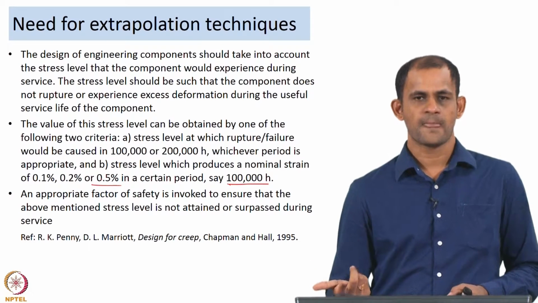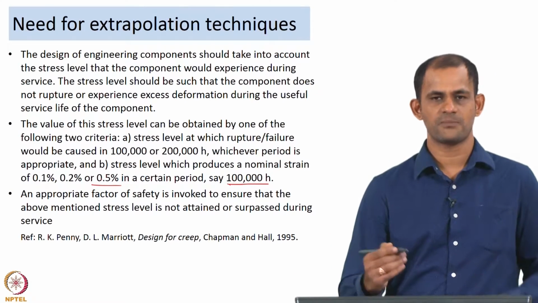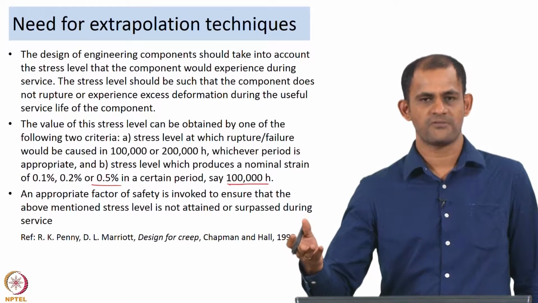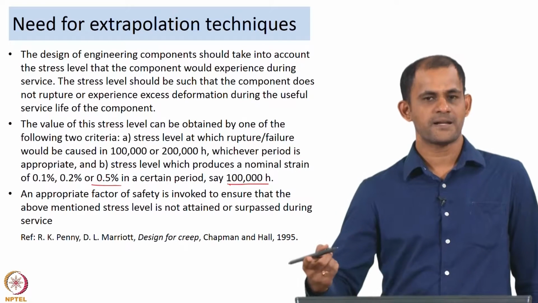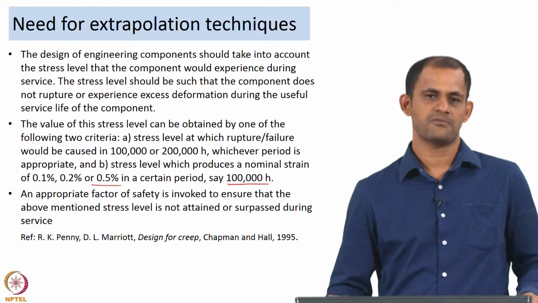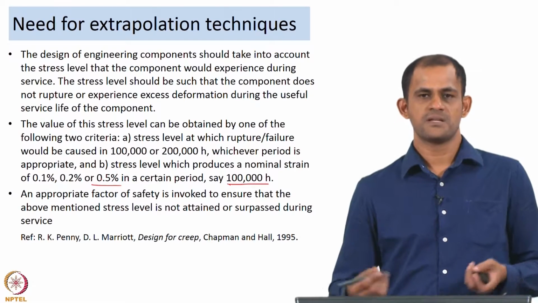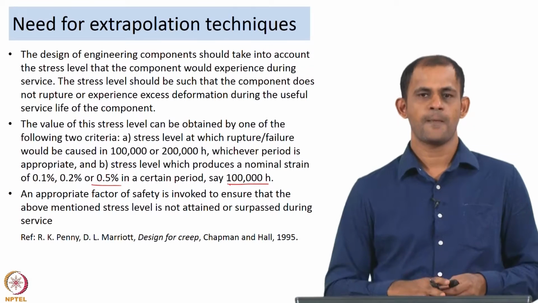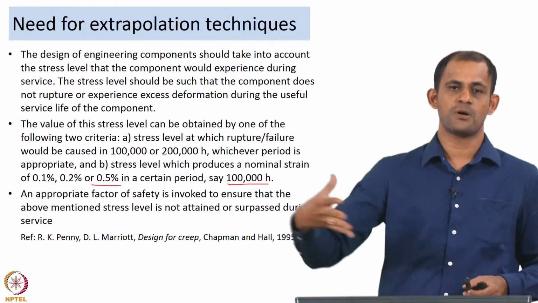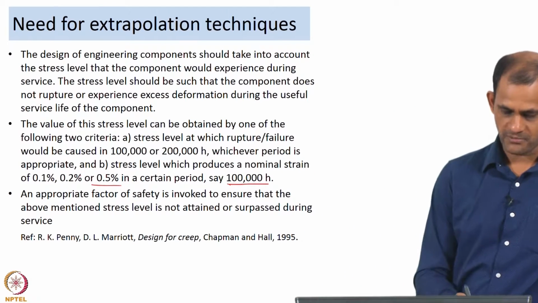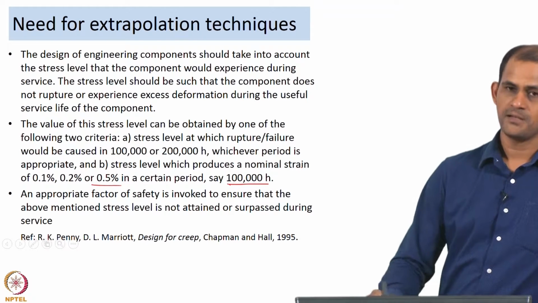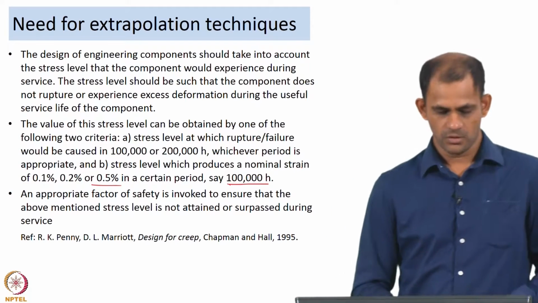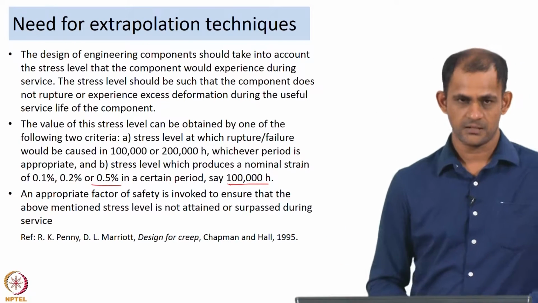Having said that, once you come up with a stress level, engineers always tend to involve a factor of safety. So, for example, the stress level you identified from your study is 100 MPa, and probably you are going to use a factor of safety of say 1.5, then the actual operating stress of the material is going to be 100 by 1.5, which is around 65 MPa. So, you are going to allow your component to operate at 65 MPa. That way you will be sure that your component is never going to reach the 0.1, 0.2 or 0.5% strain in the time or the duration for which you want the component to work. So, that is the way people design their components.